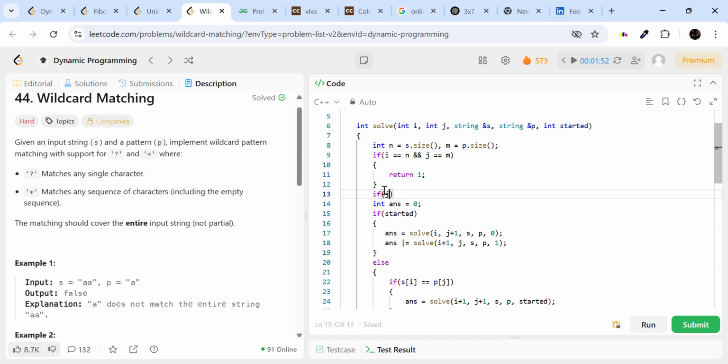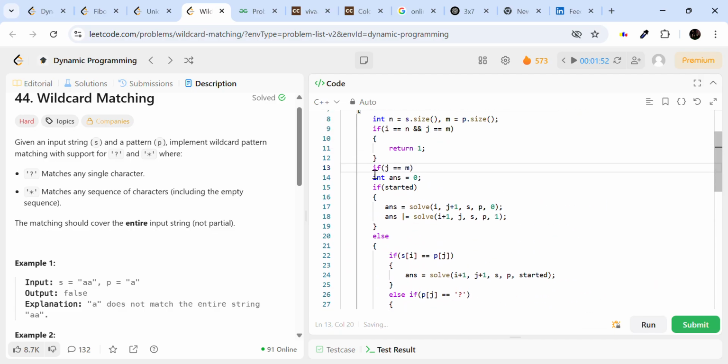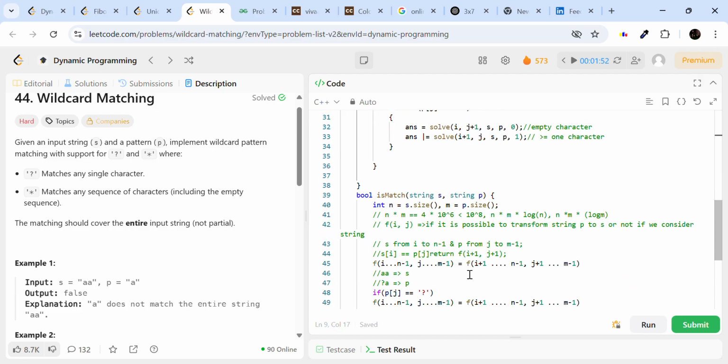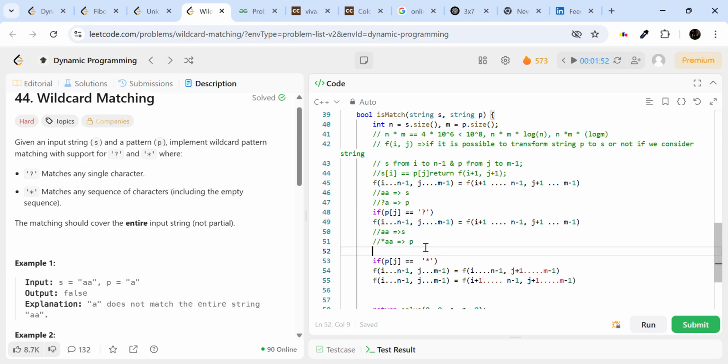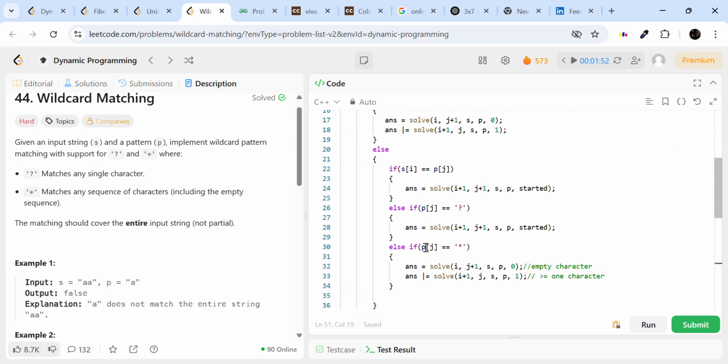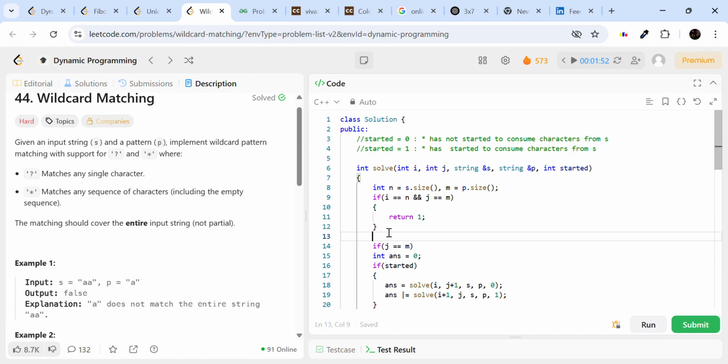If it happens that j is equal to m, then what we will do: if j is equal to m but i is not equal to n, that means if I have something like this, let me use here something like this. If s is equal to